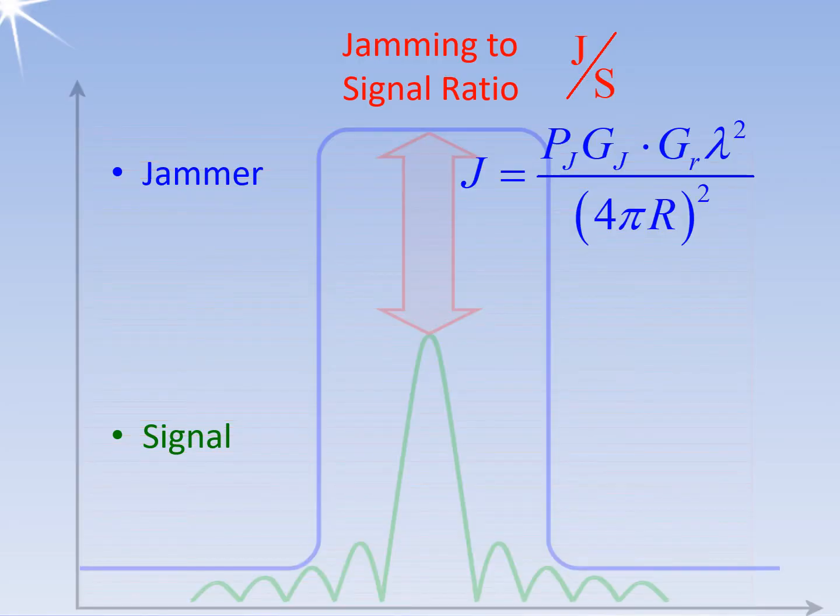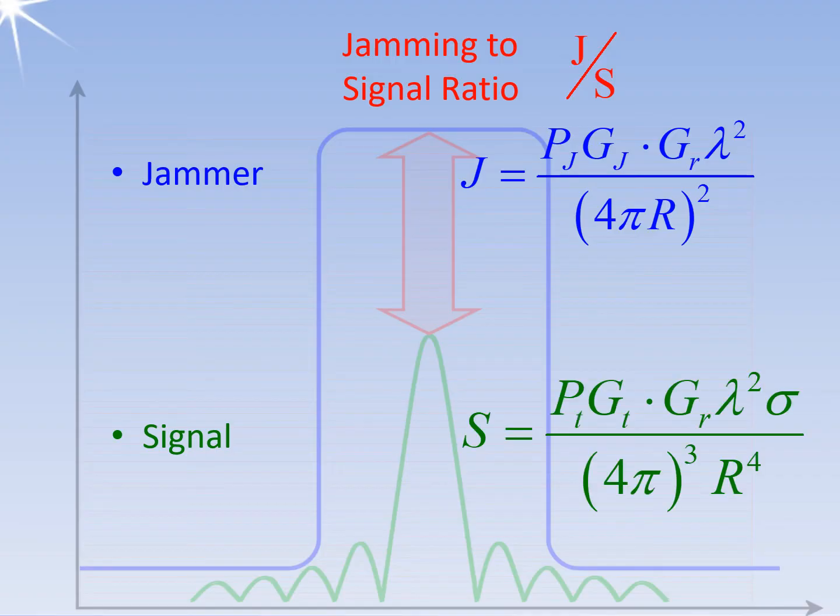In the simplest case, we assume that it is a monostatic radar and that the jamming equipment is located on the target. The receiving and transmitting antennas of the radar are arranged next to each other, ensuring that the ranges and free space loss factors for the outward and return paths are the same. The linear strength of the received jamming signal, J, is determined by the one-way radar range equation. The transmission power and the antenna gain of the jamming equipment, the antenna gain of the radar, and, of course, the wavelength-dependent free space loss for the single range between the jammer and the radar all have an effect.